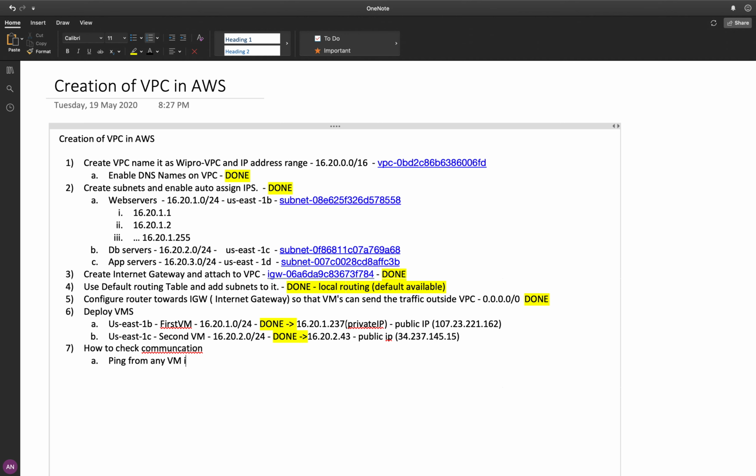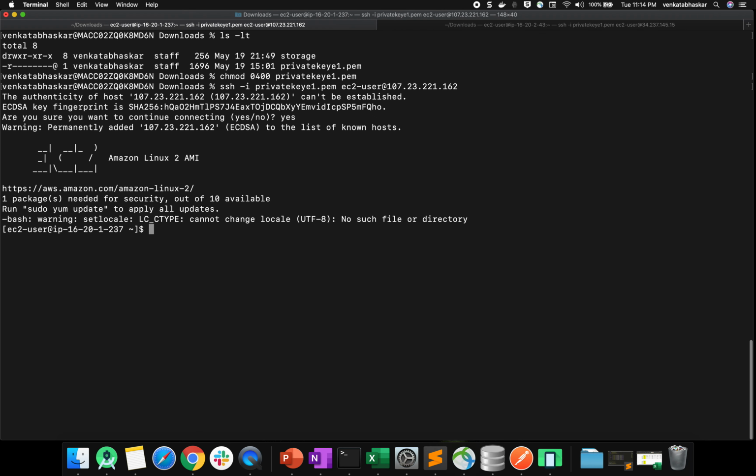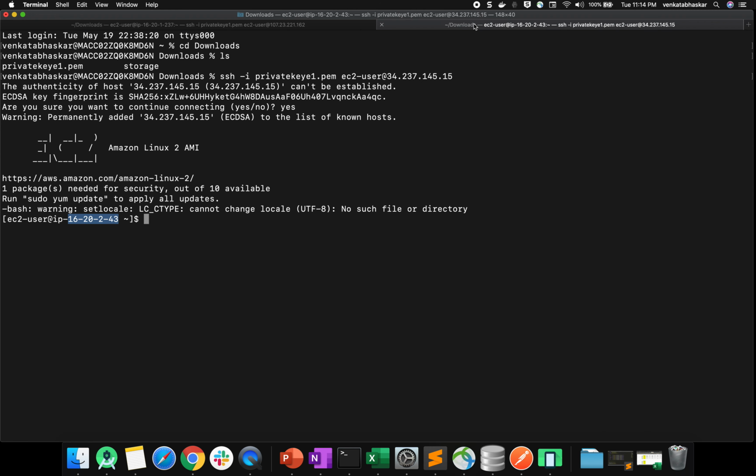Ping from any VM using the private IP address. How will you do it? Just type ping and enter your IP address. Now I am in the first box, so just go and type ping and enter this IP